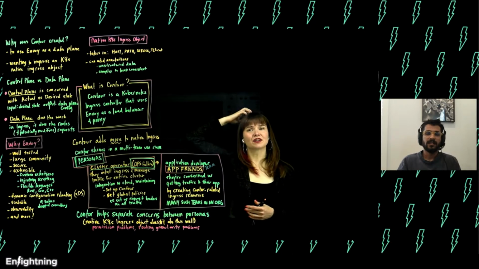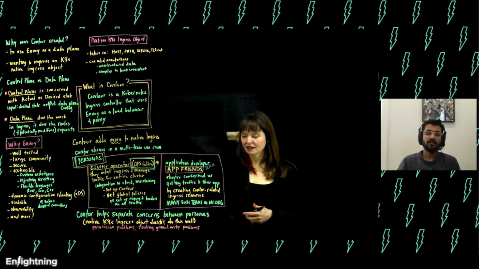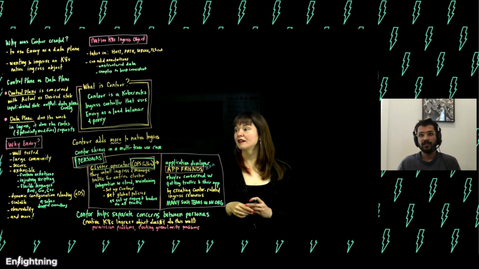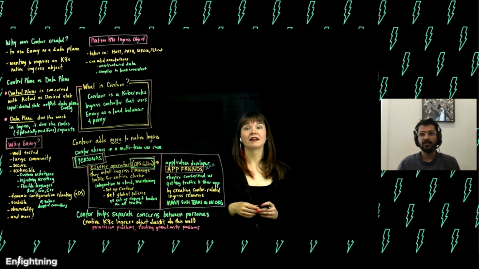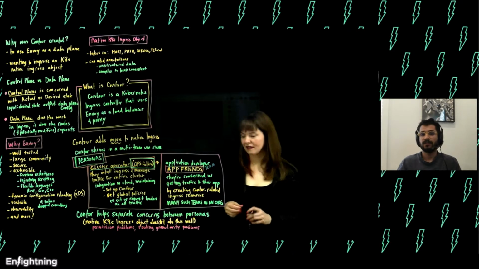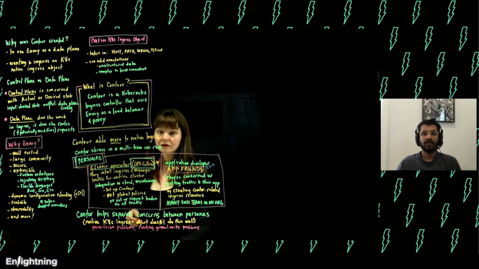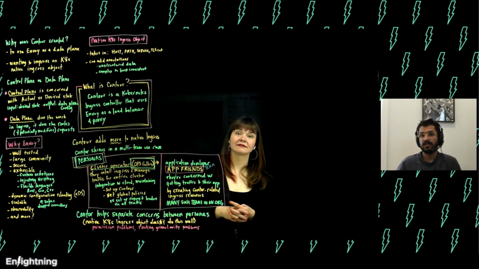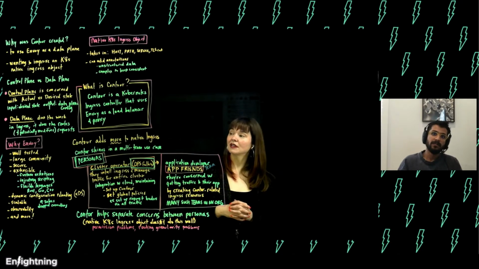Is Envoy considered a service proxy? Yeah, so you can run Envoy in many different modes. You can run it as a proxy on the edge of a network, receiving traffic directly from clients. You can run it as a reverse proxy. You can run it as a sidecar in a service mesh. It's super flexible, designed to be used in many different ways.